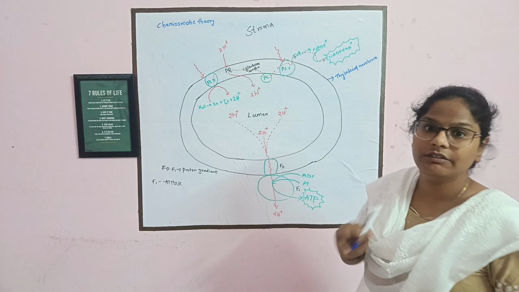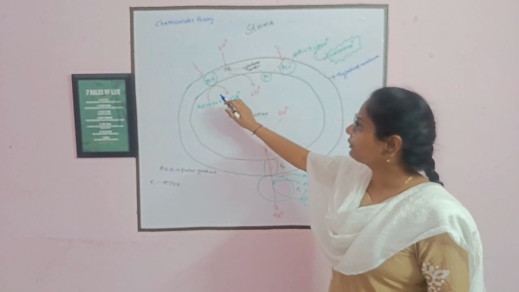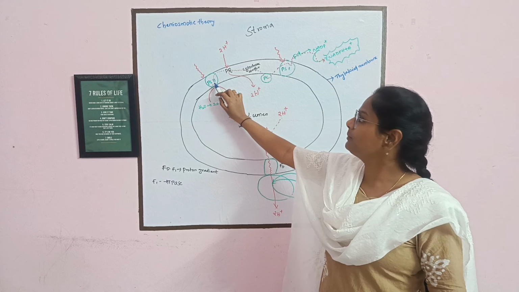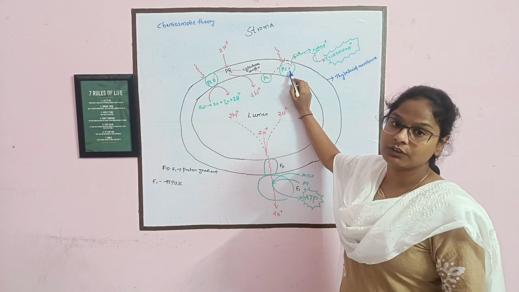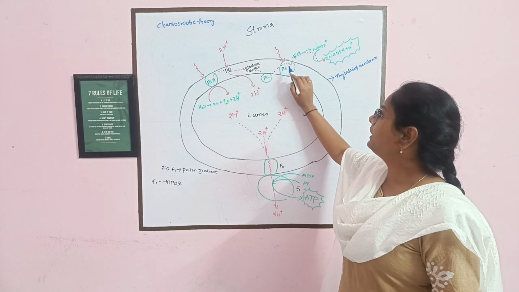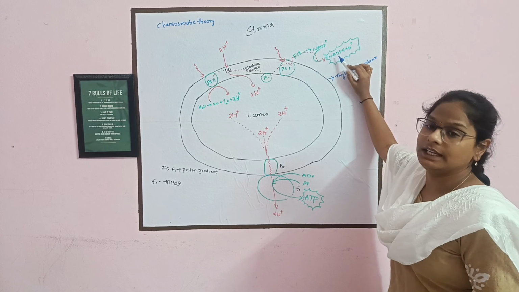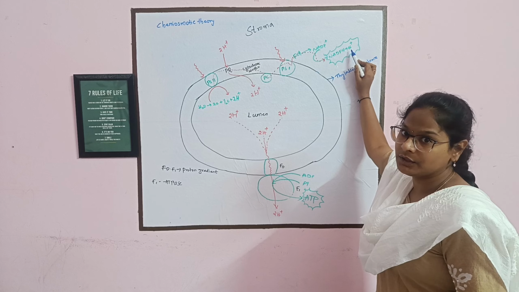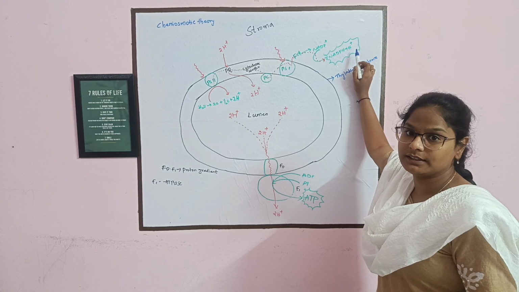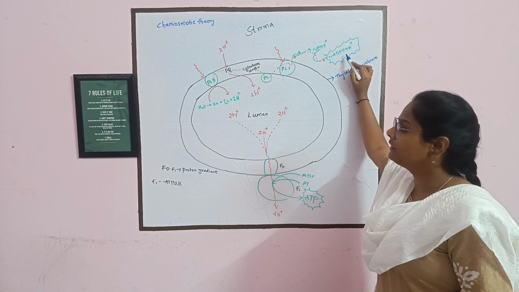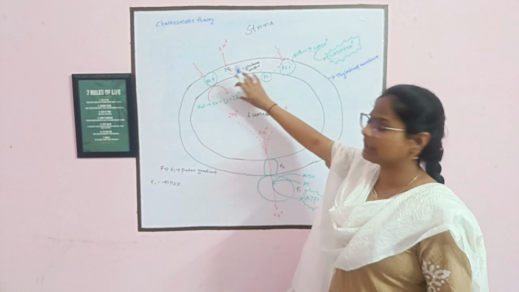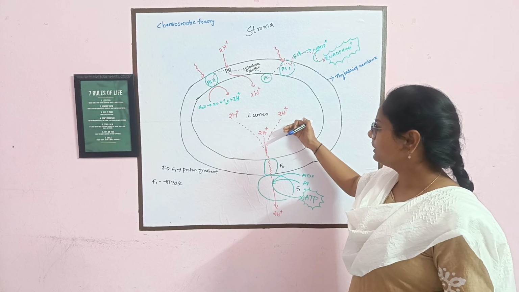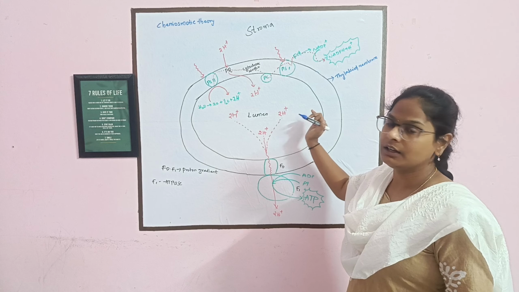Just now we went through the electron transport of the non-cyclic reaction, right? From photosystem 2 to photosystem 1, electrons are transported, producing NADPH, that is reducing power for synthesis of carbohydrates, right? Now I have written the whole system again here to understand how the proton gradient occurs on the lumen side,